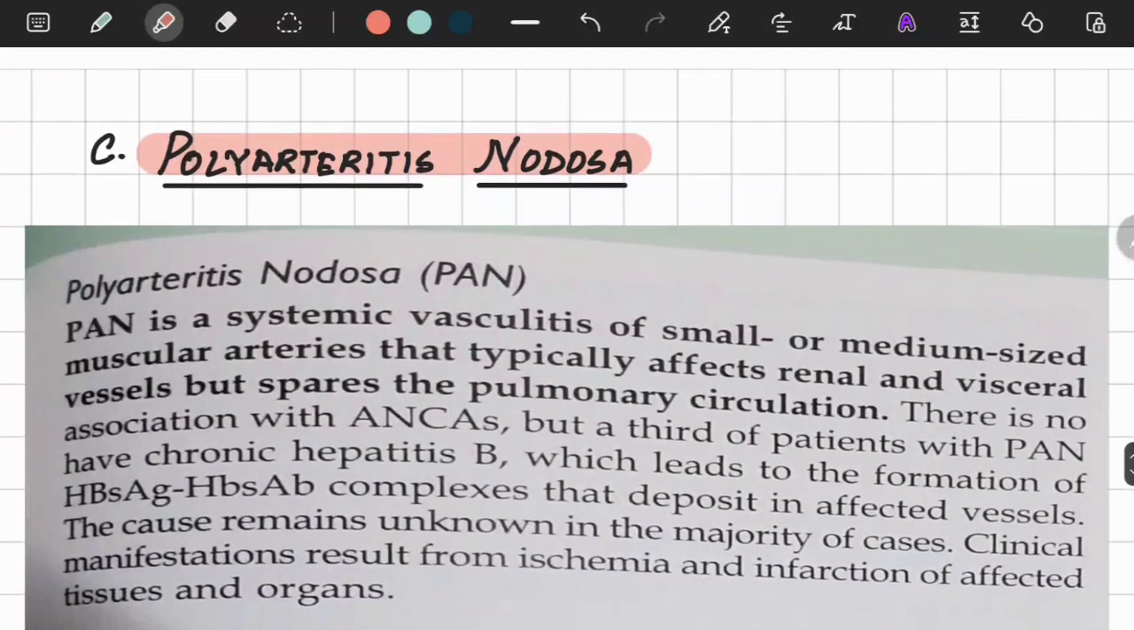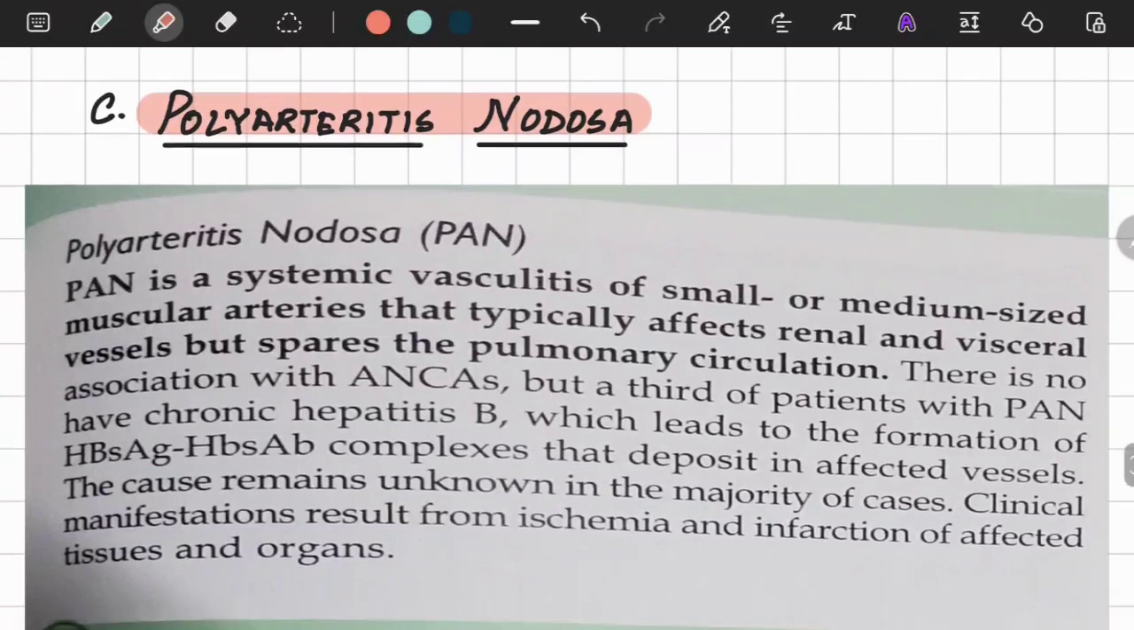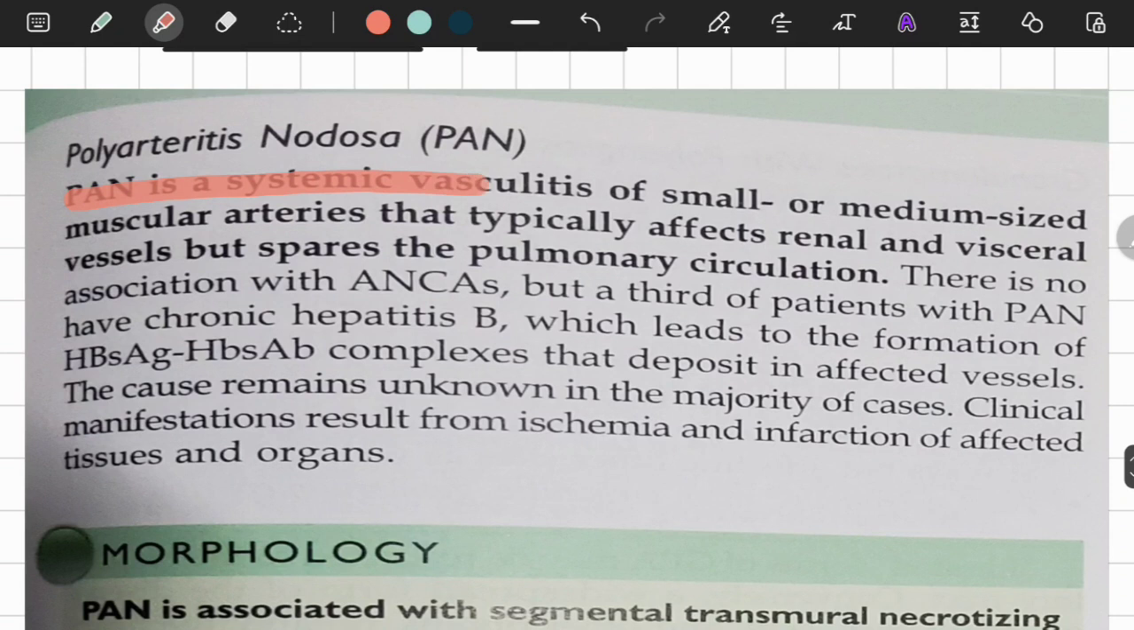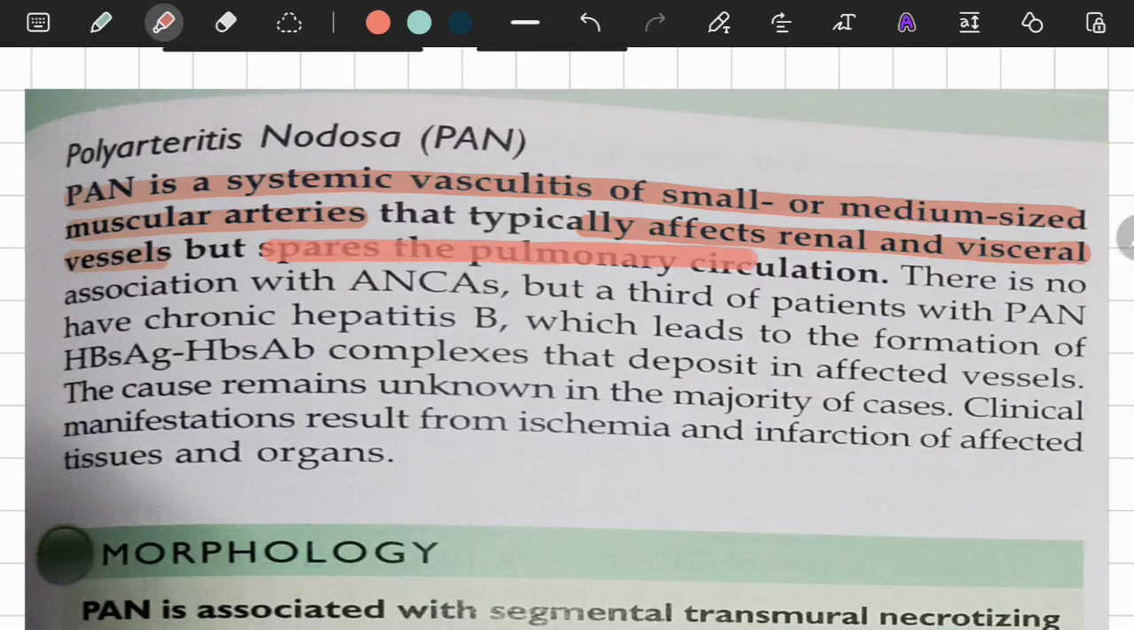Now, let us talk about the last disease, that is polyarteritis nodosa. What is polyarteritis nodosa? PAN is a systemic vasculitis of the small or medium-sized muscular arteries that typically affects the renal and visceral vessels but spares the pulmonary circulation. So, it is basically affecting the renal circulation and the visceral vessels of other organs, but the pulmonary circulation is